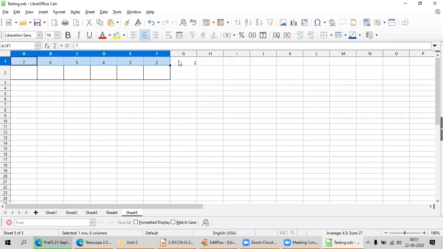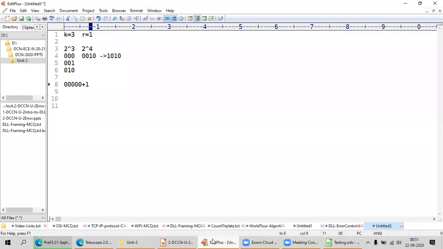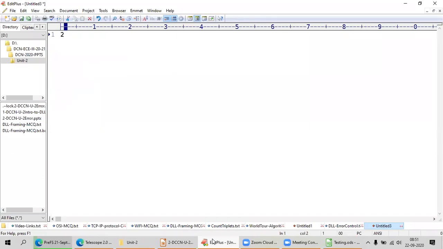The parity bits are placed at positions 2 to the power of 0 to n. That means the 2 to the power of 0 position, 2 to the power of 1 position, 2 to the power of 2 position. In those places, you are going to add the parity bits.